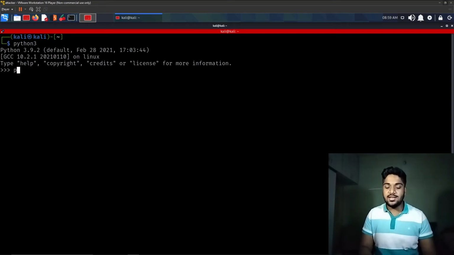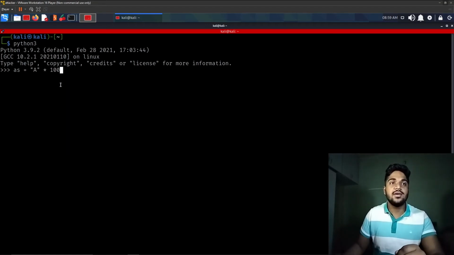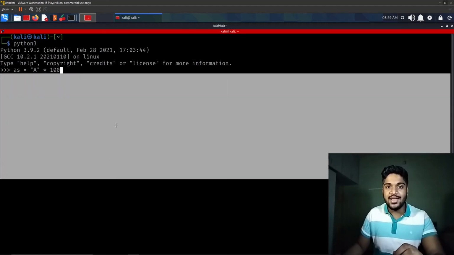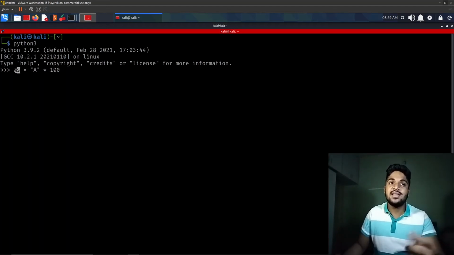How we can do that is, let's say I printed out A 100 times, and I gave that value to a variable. So it will not print on the screen, it will only save that inside a variable.